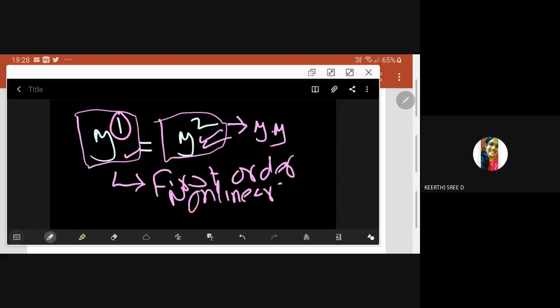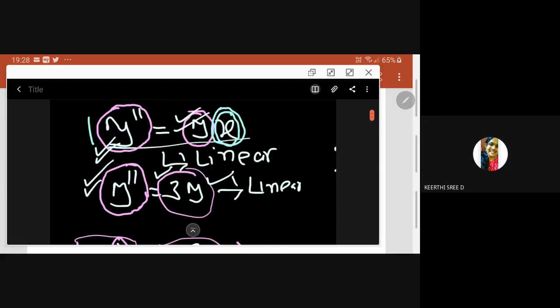That is the thing. So we go for one more example. On the other hand, if you look at the first 2 examples here, in the first example you have 2 terms. Y double dash is one term and y into x is another term. But the second term, y into x, is a product of 2 things, x and y, and in that only one instance of y is there. The first term, y double dash, also has only one instance of y. So it is a linear one. In every term, the instance of y is one and only once. Then it is called a linear equation.